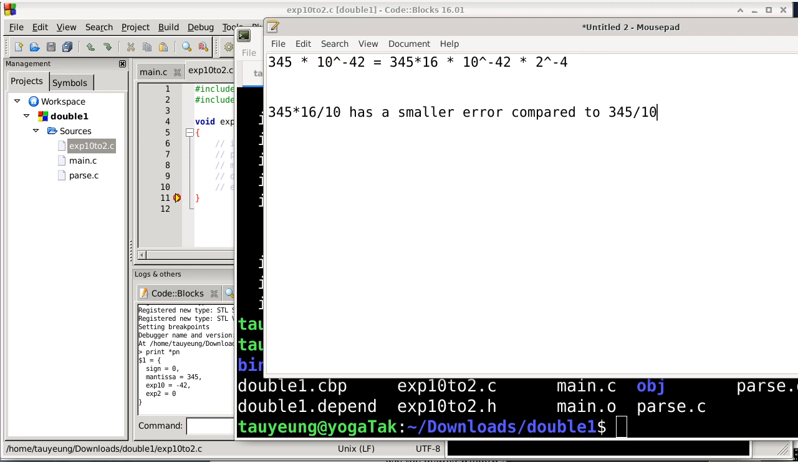345 times 16 is not even close. So now the question is, how do I know when I can stop? In other words, I'm asking this question: 345 times some power of 2, such that 345 times 2 to the power of this particular p is just under the largest